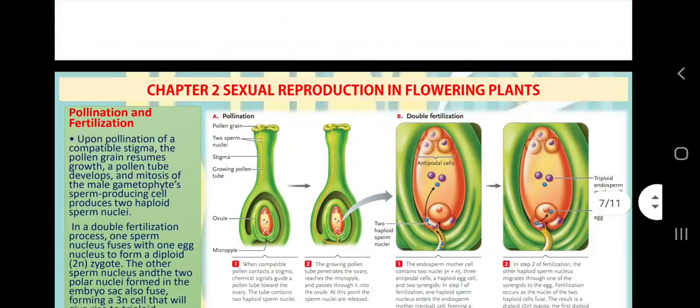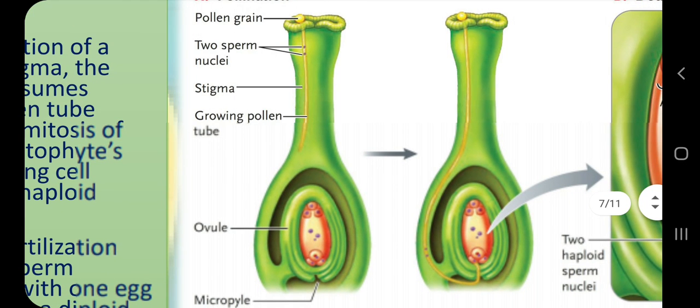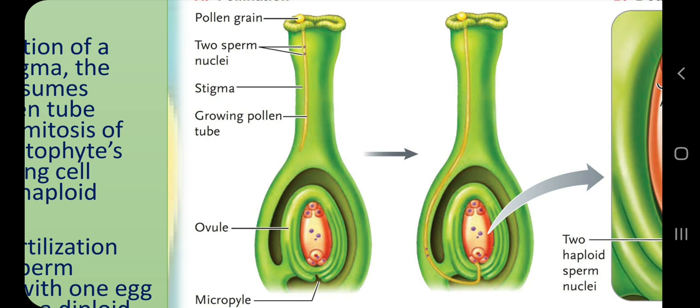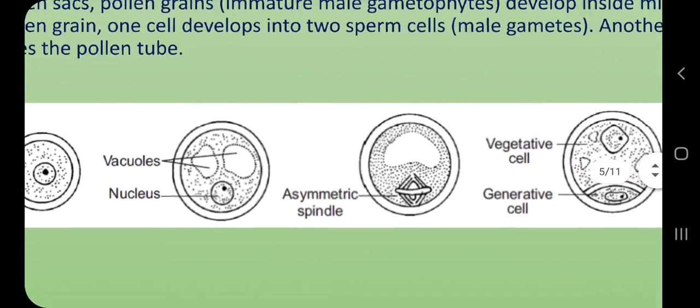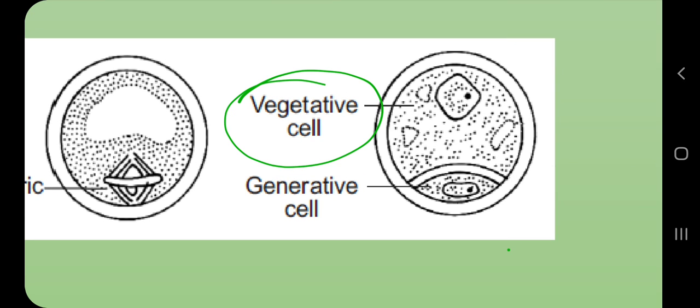Now we are talking about fertilization. This is the iconic diagram from your class 10th also. In your class 10th science, chapter number 8, How do Organisms Reproduce, this diagram is also there. This diagram shows the events after pollination. What is pollination? The transfer of pollen from anther to stigma. Now what happens at the stigma? At the stigma, the pollen grain absorbs nutrients, and its tube cell, again consider this diagram, this vegetative cell or tube cell will absorb nutrients.